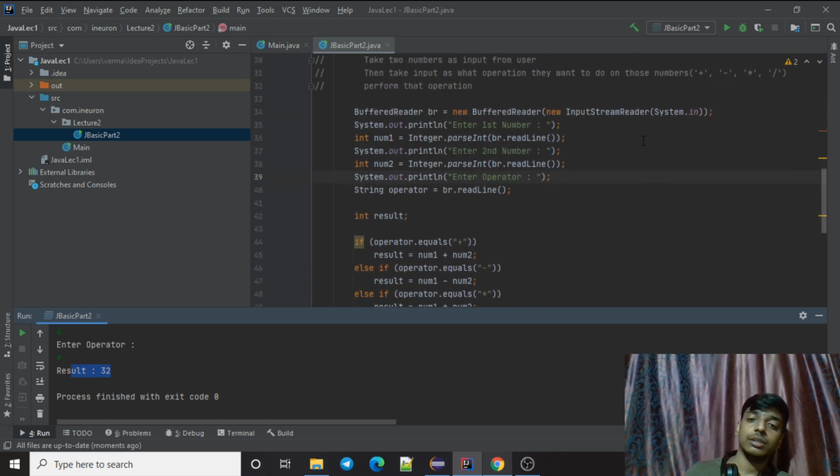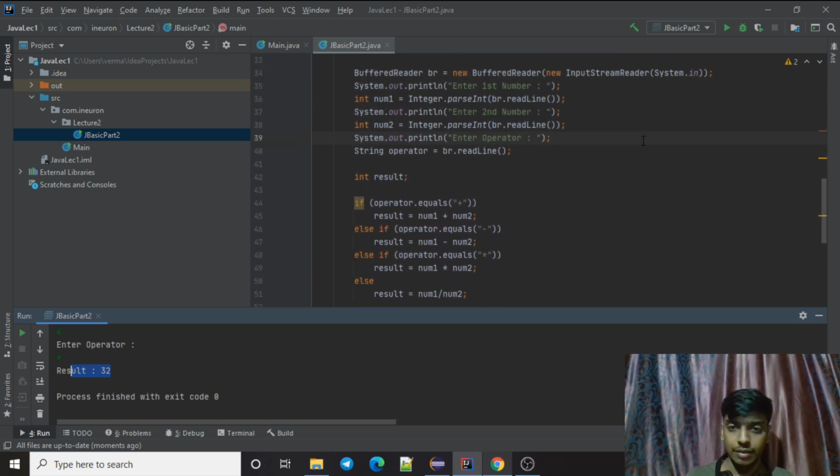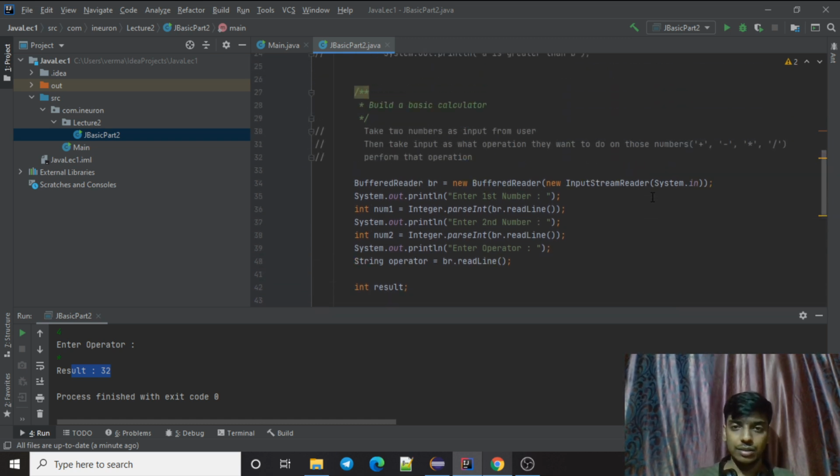You can think of something different than just this basic thing. I can give you a few ideas, but just use your own imagination of what you want to build with these things that you learned so far, and try to build something. Always try to build something with whatever you have learned. That will give you a clear idea of what you have learned. Until you use what you have learned, there is no sense.